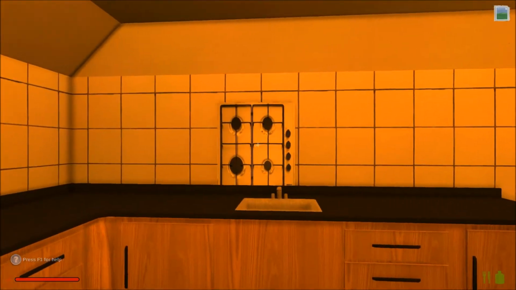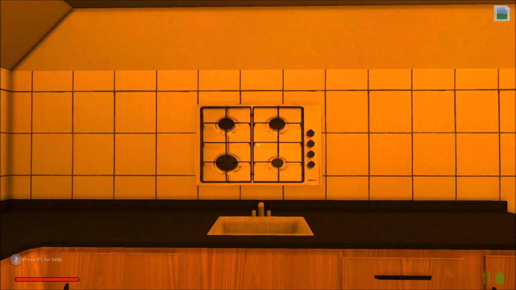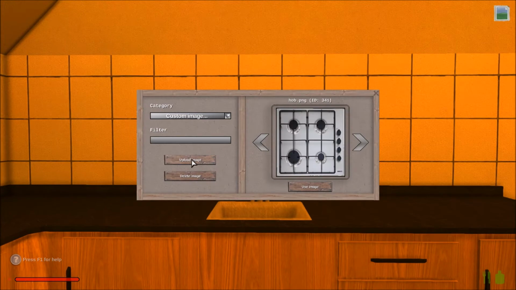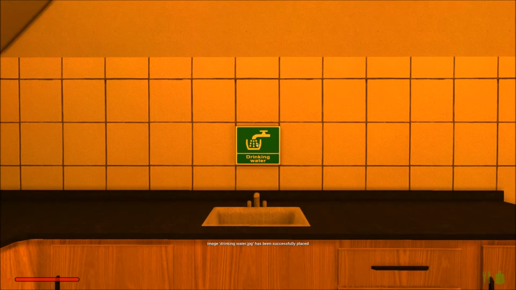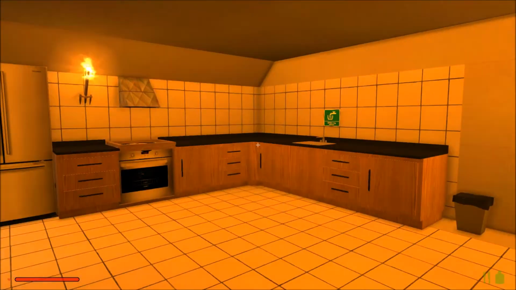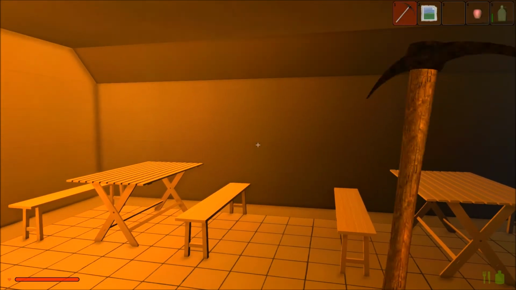And above the sink particularly, we want a rather smaller sign of the kind that you would expect to see in a kitchen area. There we go, drinking water, because in here we have potable water. Okay, and then I guess we should probably have some kind of